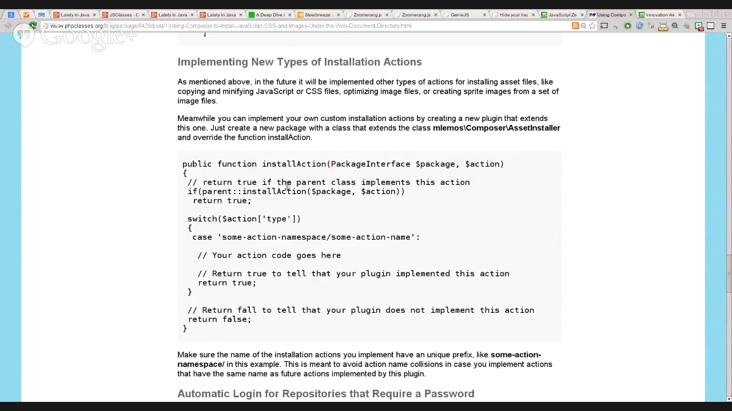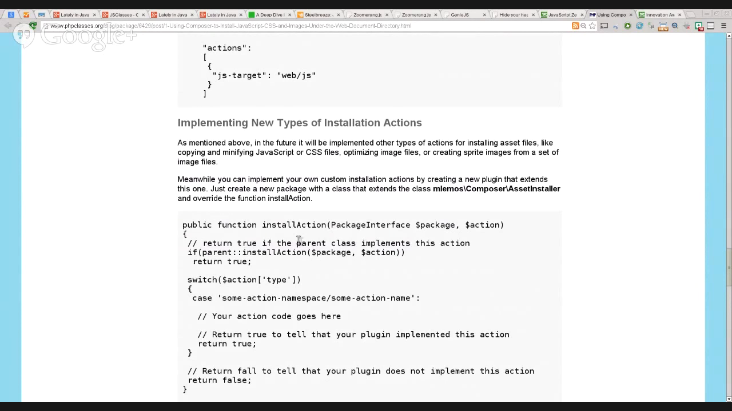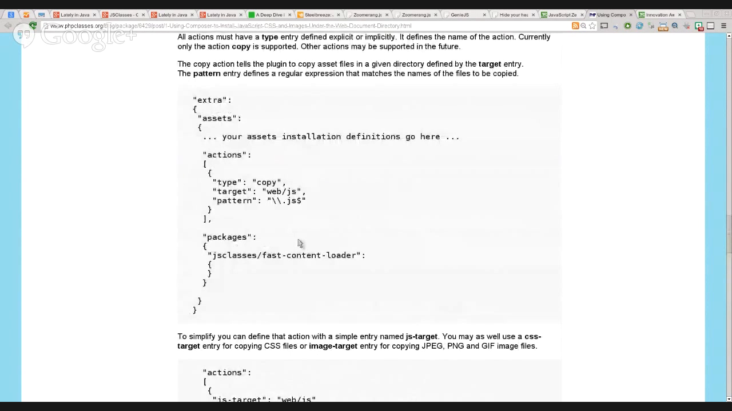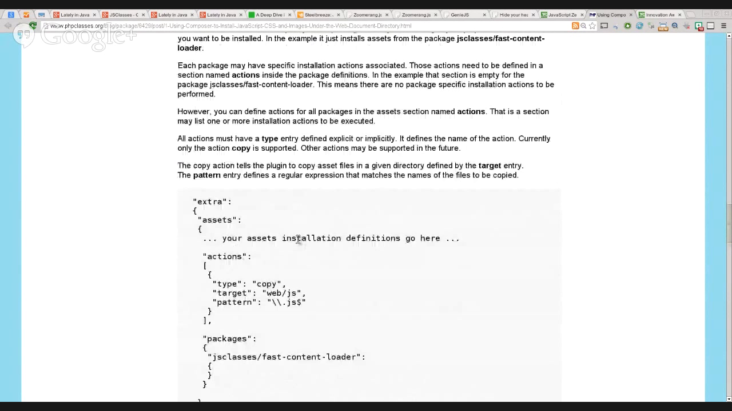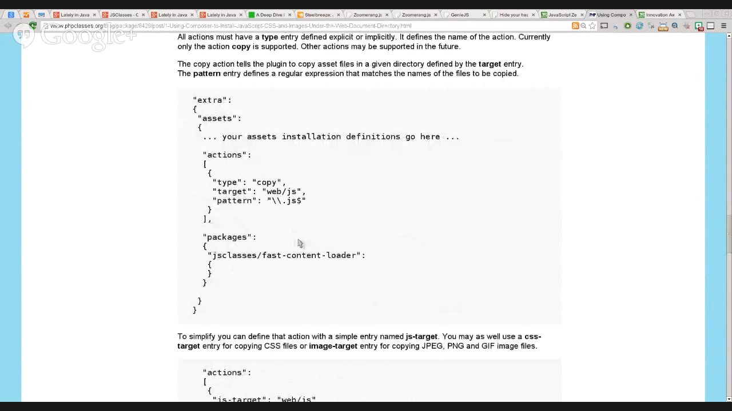And well, anyway, regarding this, I mentioned that one of the actions, actually the only action for now, that this plugin for Composer performs is to copy files to a certain directory with a certain file name pattern. In this case, it is ending in .js. But you can define other patterns and other target directories. In the future, it will support other